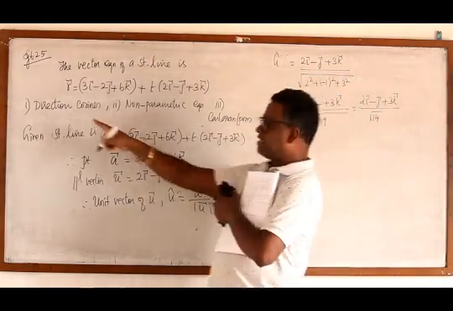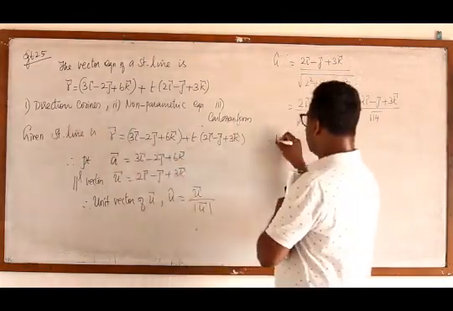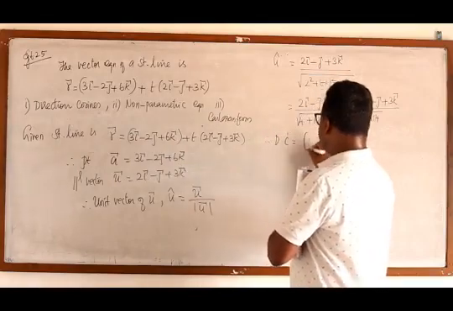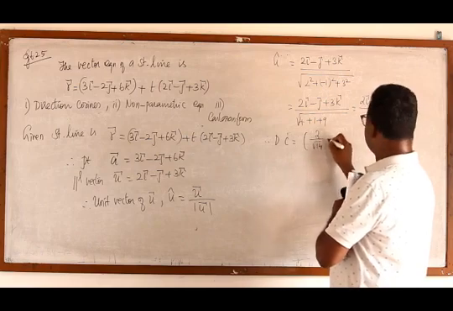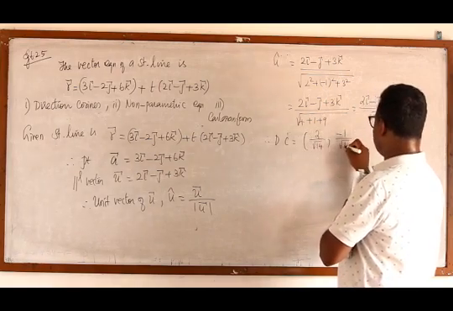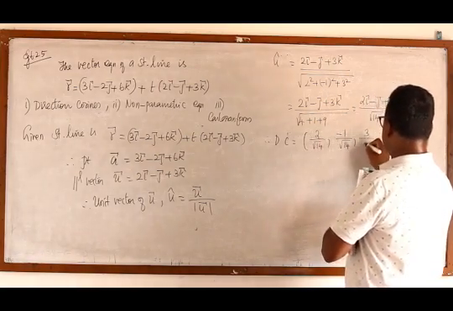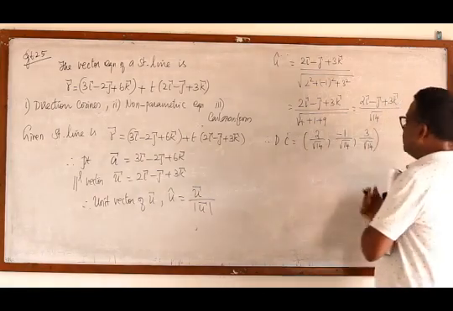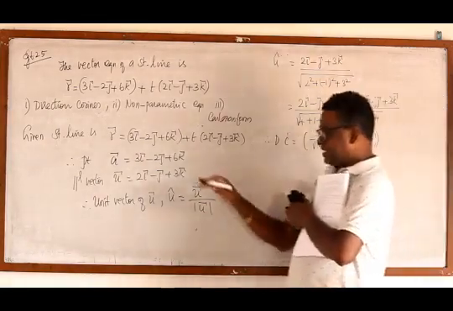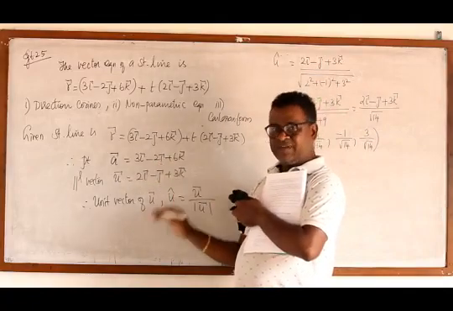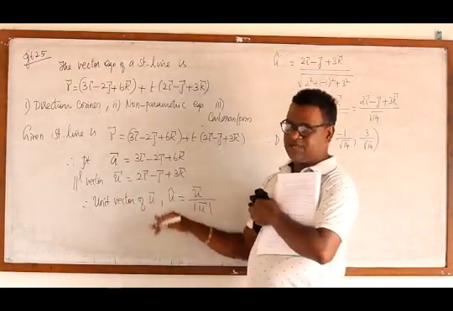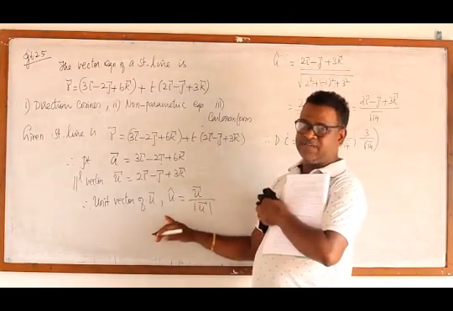We are asked to find out the direction cosine. Just omit the ijk and divide by root 14. Is it 2 by root 14, comma minus 1 by root 14, comma 3 by root 14? Why are we taking this vector? Because this is the vector. This one is a point. So I can find the unit vector. They are vector only. So I am finding the unit vector for the given vector.